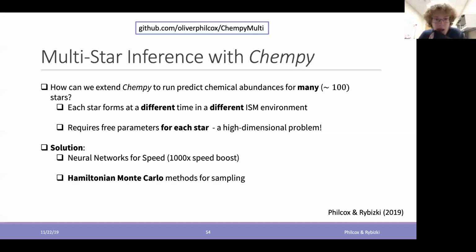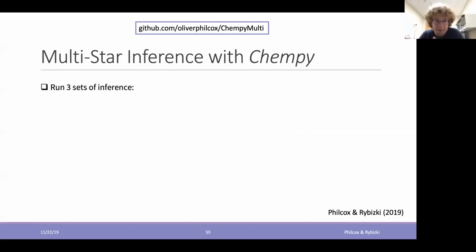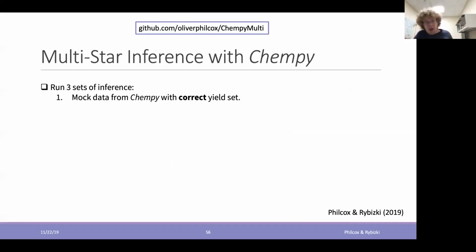Okay, so how does this actually work in practice? We're going to test it in 3 different ways. Number 1 is kind of the vanilla test. Let's create 200 stars with known chemistry and known physics. The Chempy model has some basic physics in it, and we're going to use this model to create some mock data.